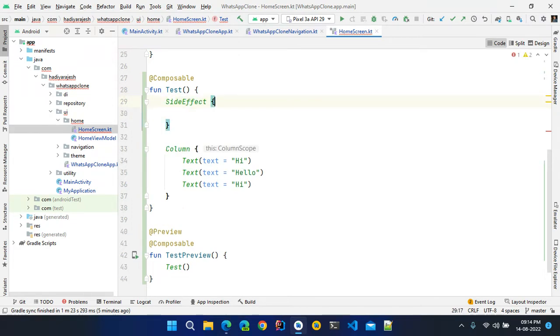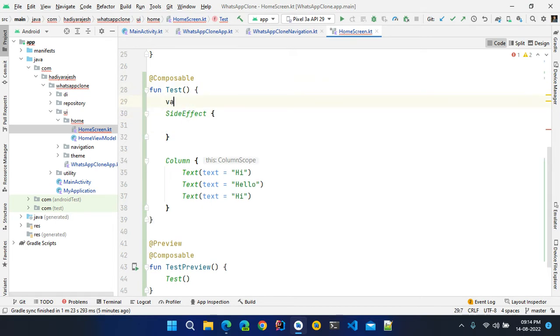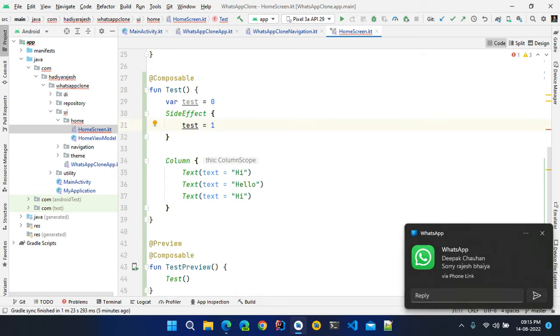Whatever you write inside this block will be calculated every time the recomposition occurs. Let's say you have one variable here, test equal to 0, and you are assigning test equal to 1. Whenever the recomposition occurs, however many times,